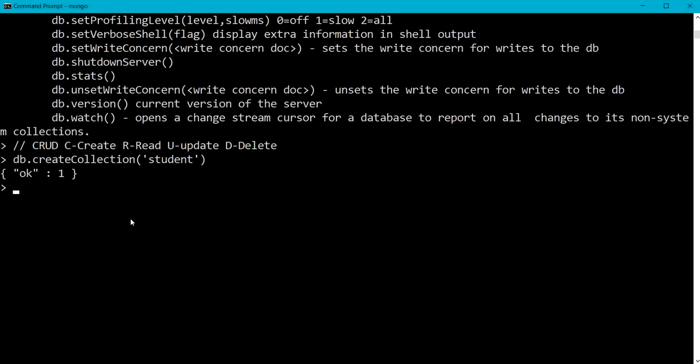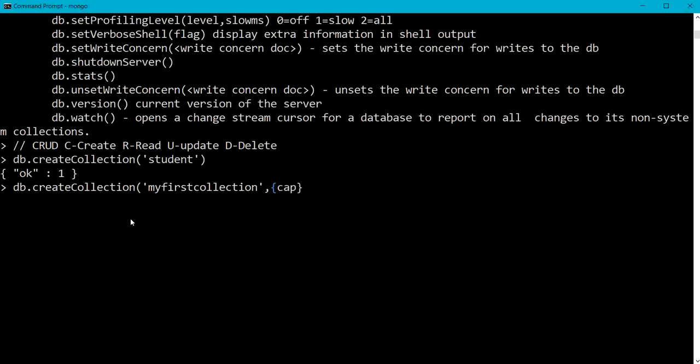I can also create a collection with various options supported by the Mongo database. So let me create another table, which is called a collection here. db.createCollection, the name of the collection is myfirstcollection, and I need to specify options that I will specify in curly brackets.